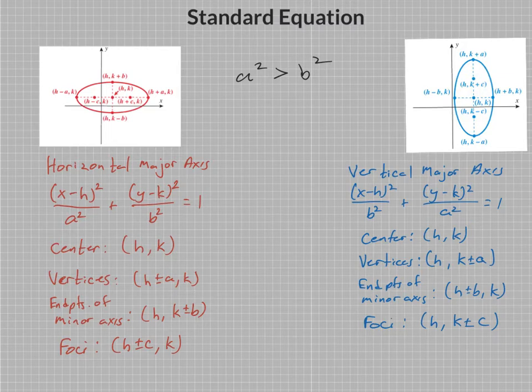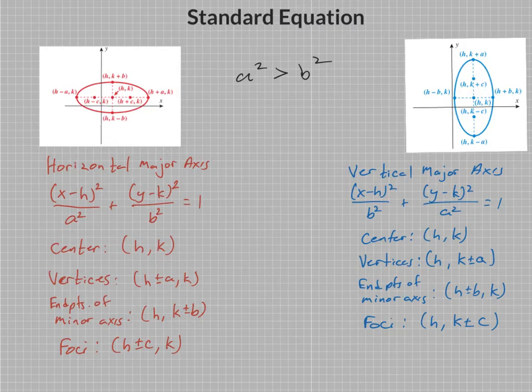So the center point is just (h, k), and again, it's in the standard form. It's x minus h, y minus k. So the signs that you're going to find on h and k will be opposite of what you see in the problem. And then to get to the vertices, because it's a horizontal major axis, I'm just going to be changing the x coordinate. So it's going to be at h plus or minus a, comma k, is where each vertex is. So (h plus a, k) and (h minus a, k) would be the coordinates of each